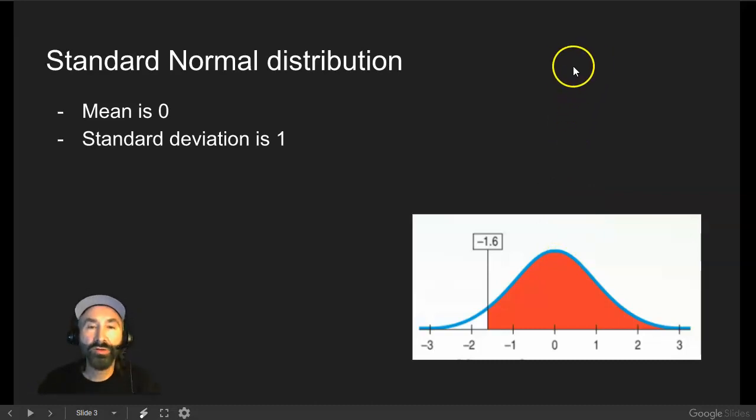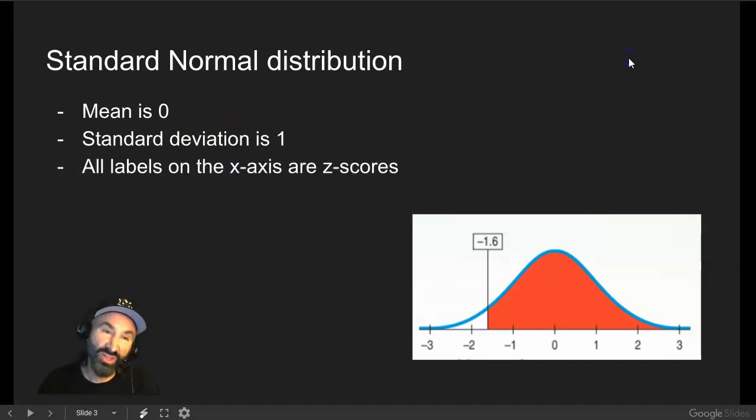Now, one of the effects of the first two criteria is this third thing: all of the labels on the x-axis of a standard normal distribution are considered z-scores. So in this case, when you look at the numbers on the x-axis, the mean is 0, one standard deviation directly under the inflection point in the normal curve